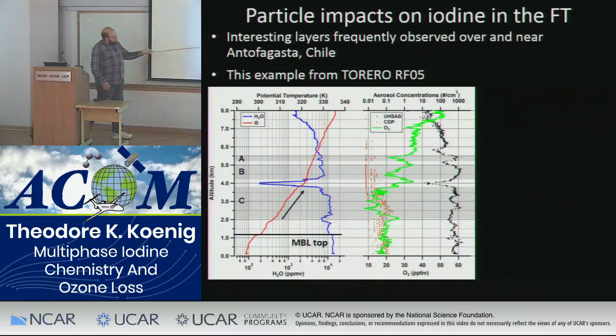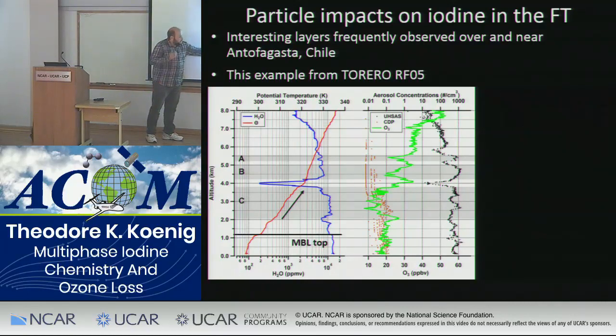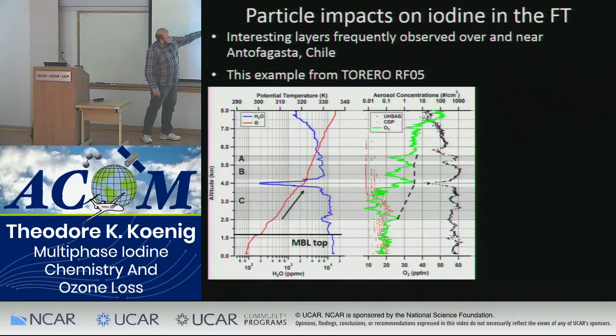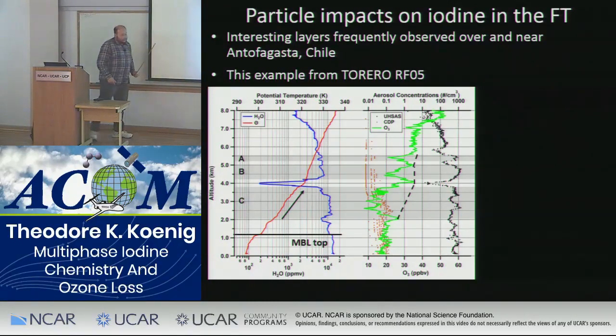And the other thing you can see is I have the UHSAS and the CDP, just pure particle counts here, not looking at anything else more complicated yet. And you can see that the coarse mode particles peak slightly in each of these layers. There might even be another layer up here hiding. And the other thing you can see is, if I just linearly interpolated the ozone, each of these layers is depleted somewhat in ozone. And in this case, we actually get down to below 10 ppb ozone. That's pretty low. So we must be doing something to get rid of all that ozone.